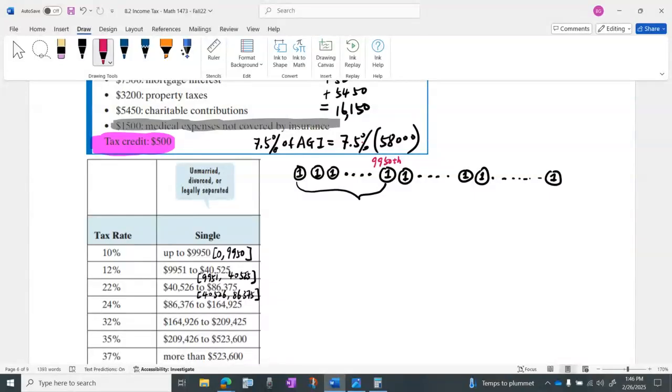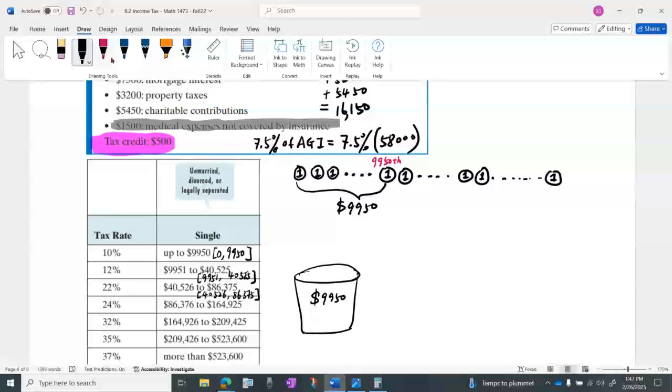Like that, you count the first $9,950. Those dollars go in the first bucket. In this bucket, you're going to have $9,950 single dollars. All right, and then the next dollar is the $9,951. You're going to count those dollars until